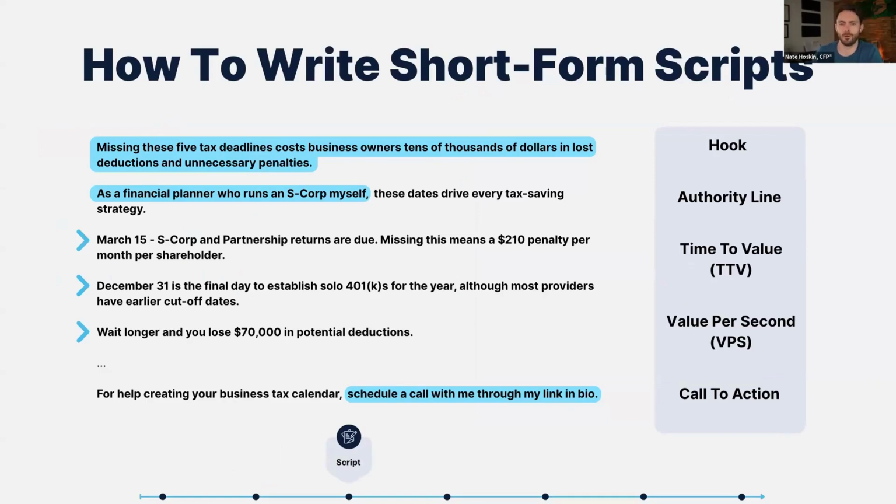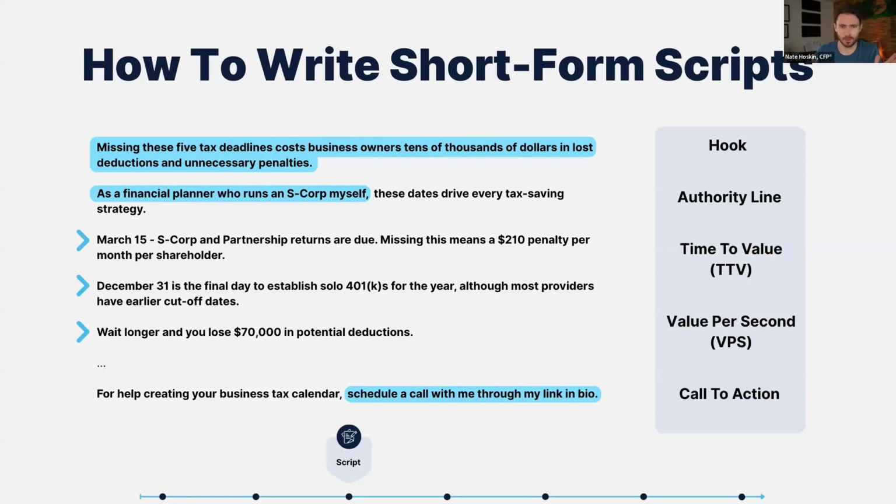But first, I want to give you a framework for writing every single script. So even if you're handwriting them, you should still make sure you are checking these off. The reason this is so important is because if you don't know how you want your script to be structured, it would be crazy to assume that the LLM does. So you need to understand it first so you can provide good instructions to the LLM and get the output that you're actually chasing.